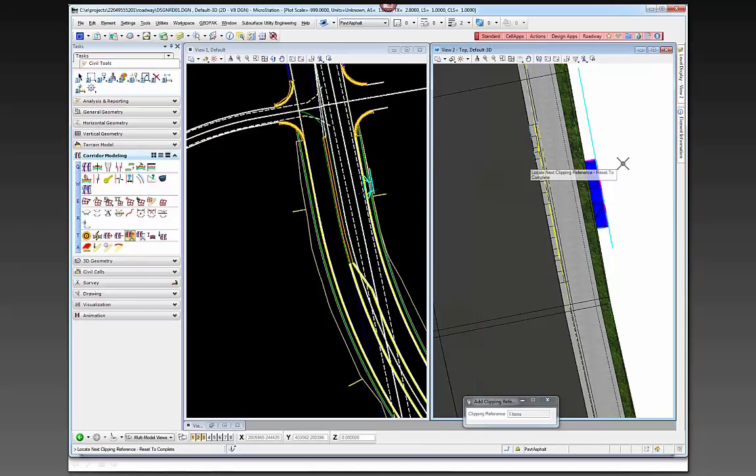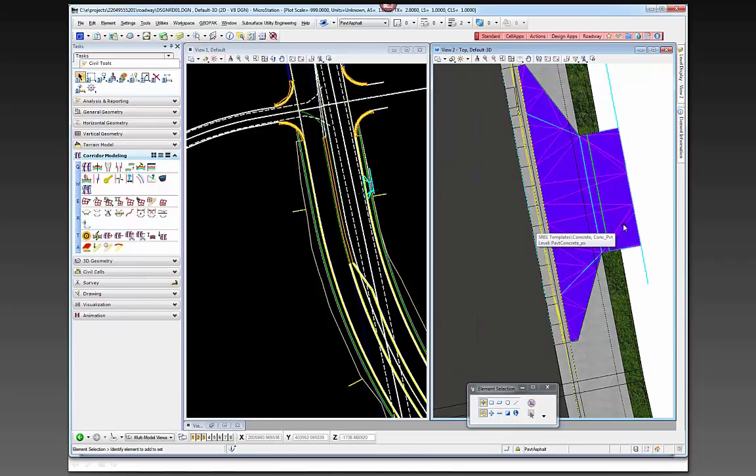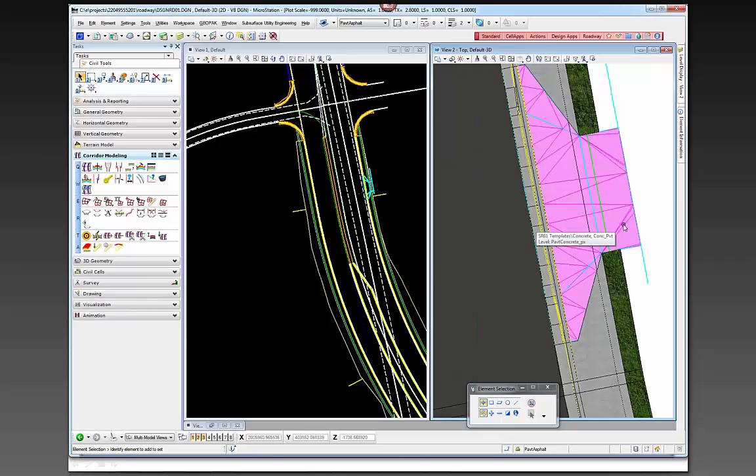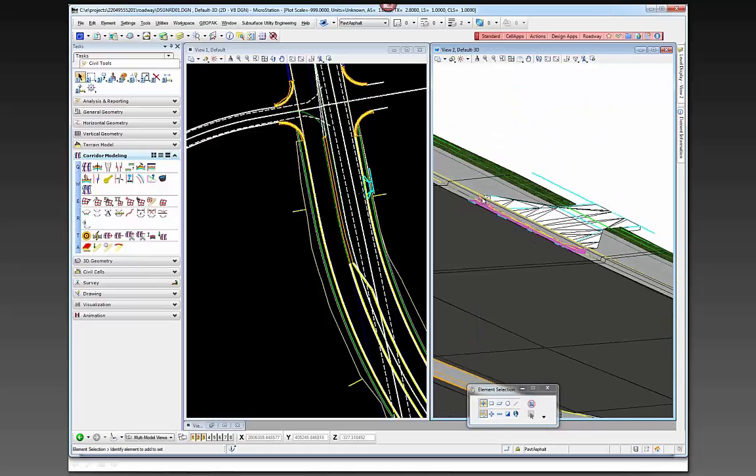I'm going to reset. And it'll take a few seconds to go ahead and clip out this existing thing, and now you see we actually have this 3D driveway. If I turn off the terrain element and rotate it, I've now got